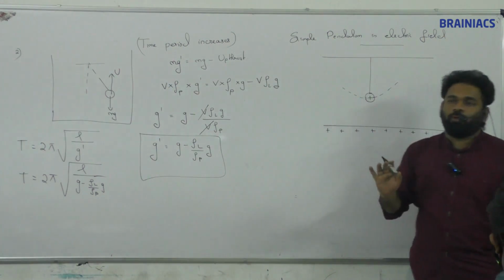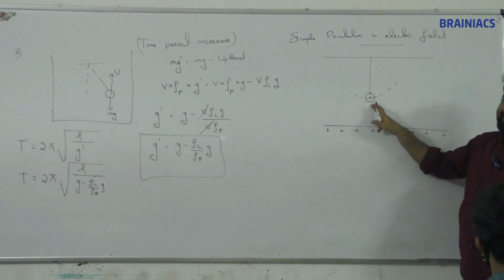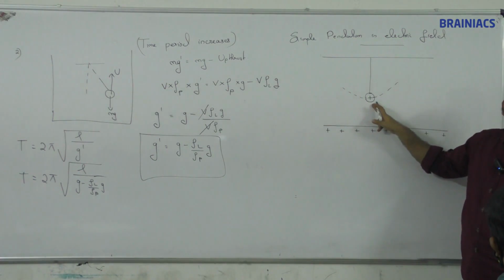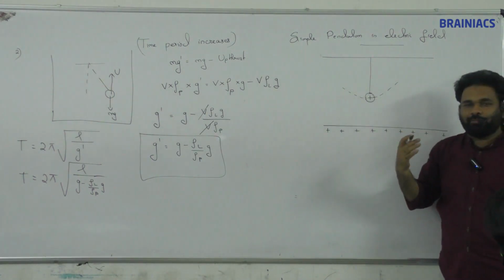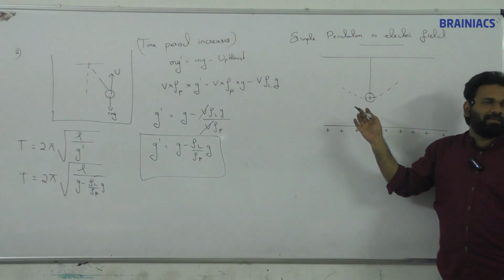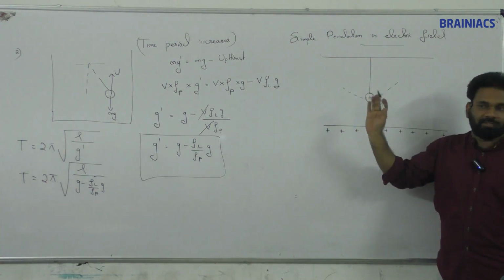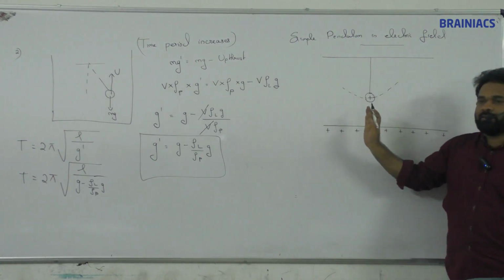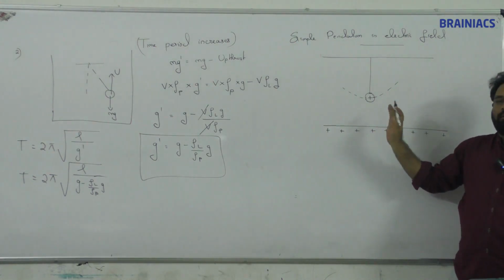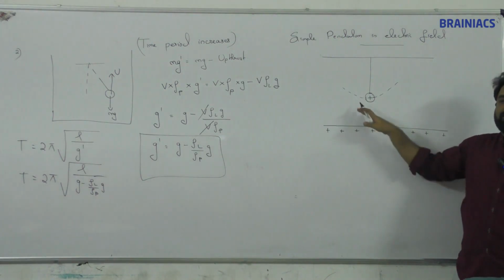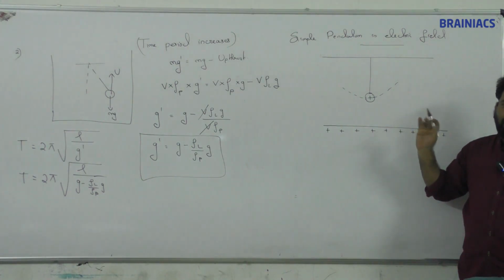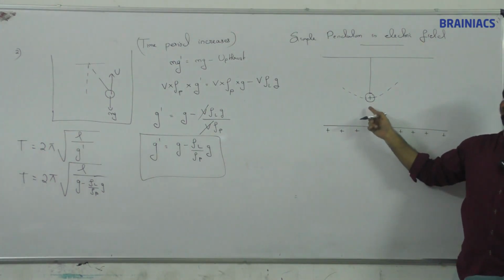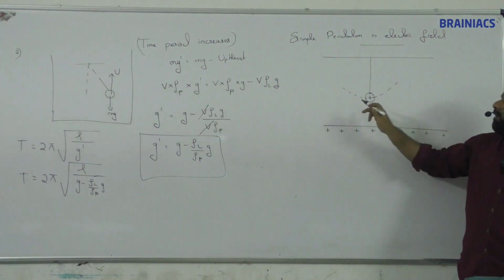Now if this is a conductor, what can happen? All the negative charges will come to this side, positive charges will go to that side. That discussion will come in JEE Mains or Advanced. For us, the thing here is electric field basics plus simple harmonic motion oscillation testing. So what we should understand is this is a simple mass, no force, but what we do,